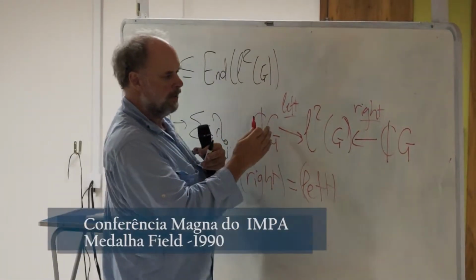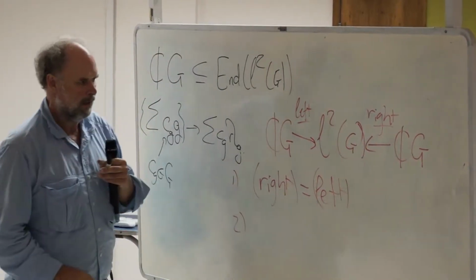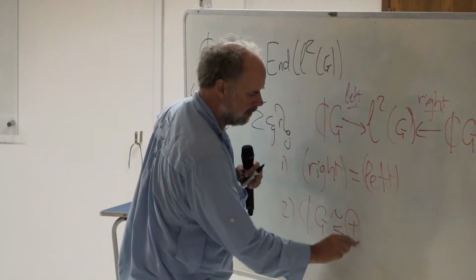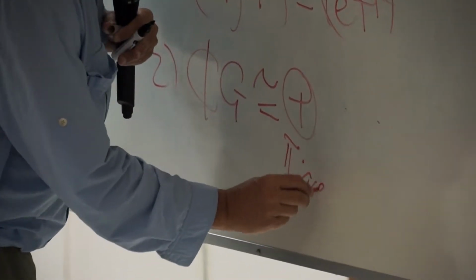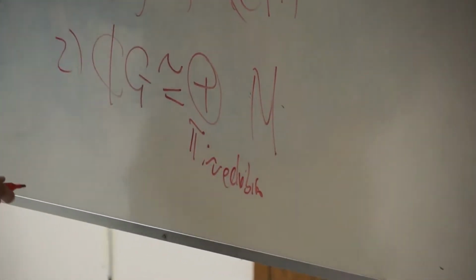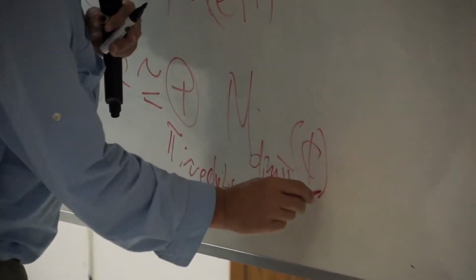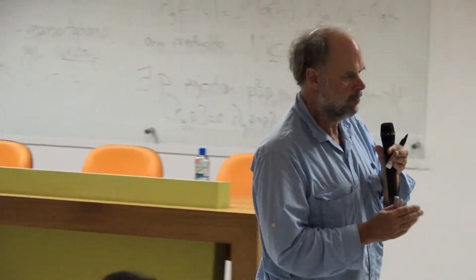The things that commute with the left algebra is the right algebra, and then second, the group algebra itself decomposes as a direct sum of all of the irreducible representations of the matrices of size the dimension of pi. So I said actually these two results together tell you the entire abstract theory, sort of everything you need to know about group representations over the complex numbers of a finite group.